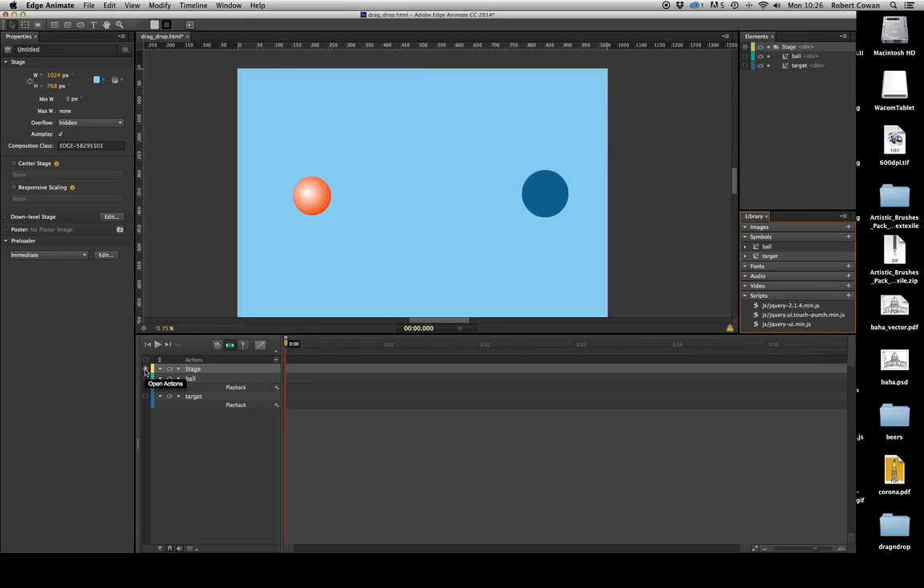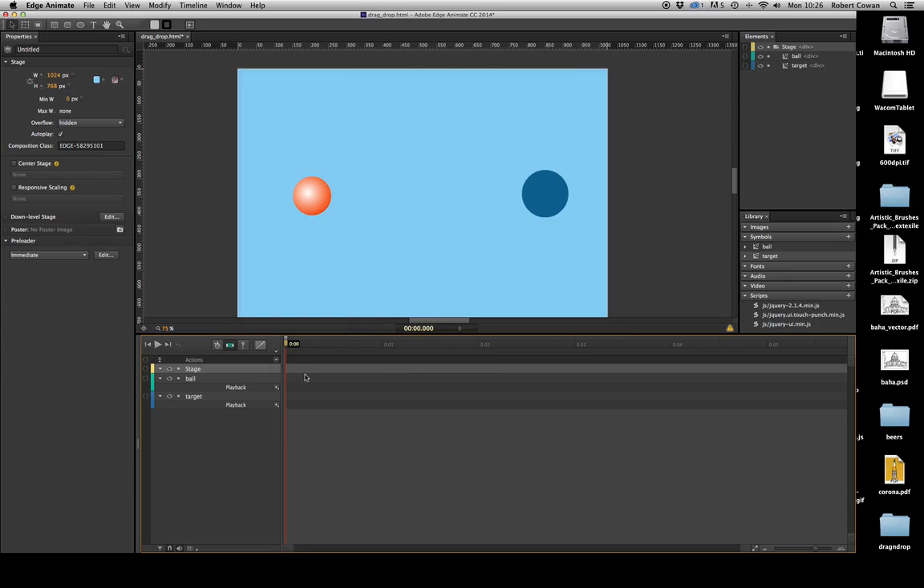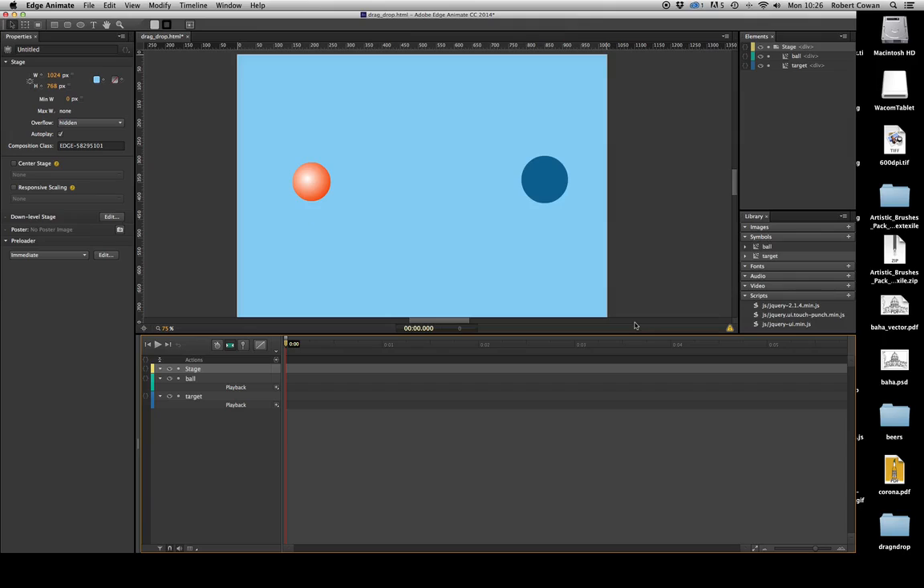Now what we need to do is add our actions. All our actions do is tell it to use certain functions within these files here. So all our actions are going to happen on the stage. So select the stage layer in your timeline, and then to the left of that, two little brackets,